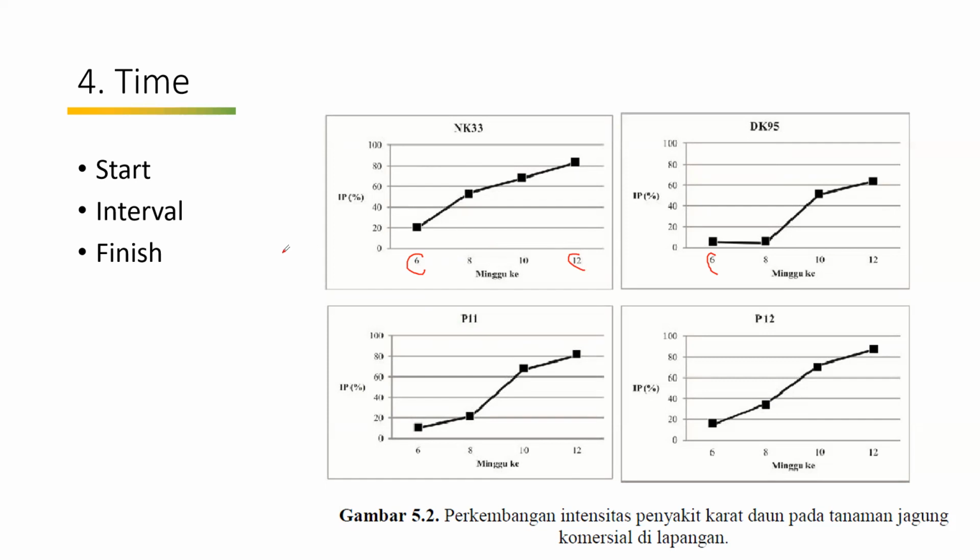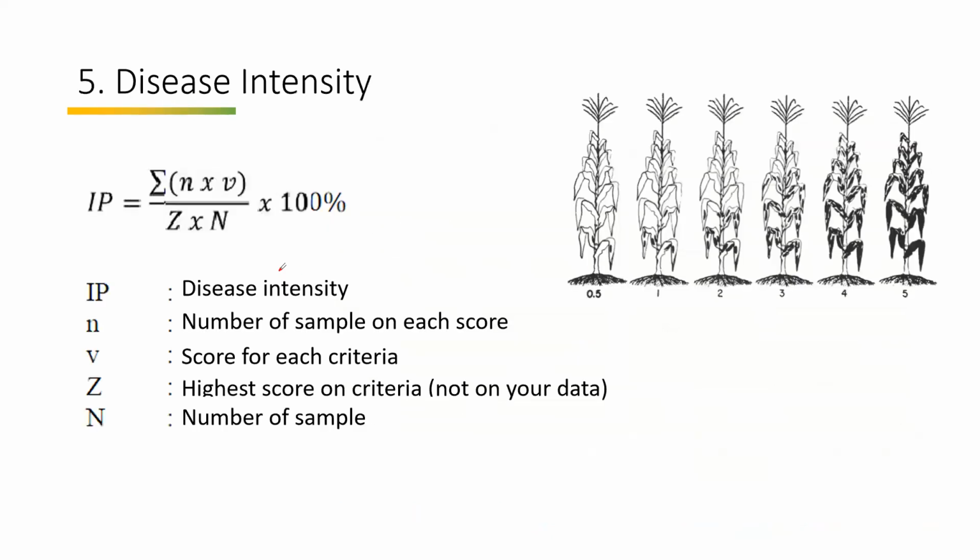It's about 2 weeks, so every 2 weeks, because the location of this research is very far from here. I needed to go there by train, around 4 hours by train. So that's why I needed more money to conduct that, so I put the interval at 2 weeks. And that's how we calculate the disease severity